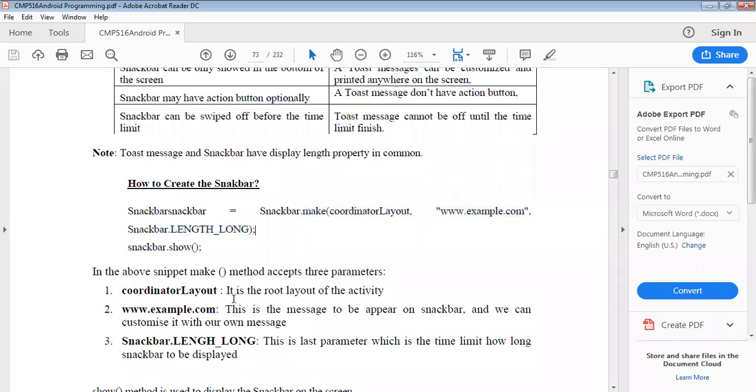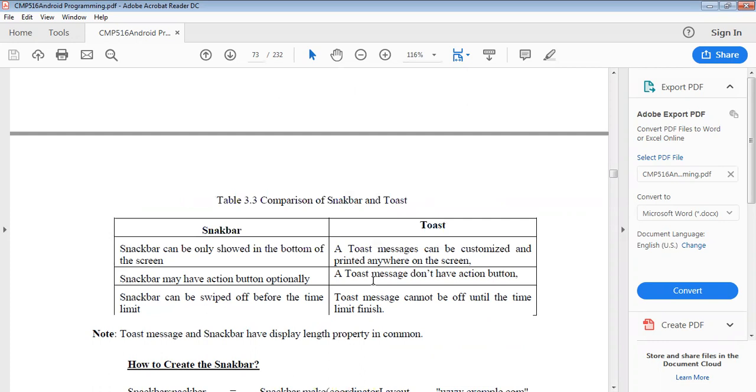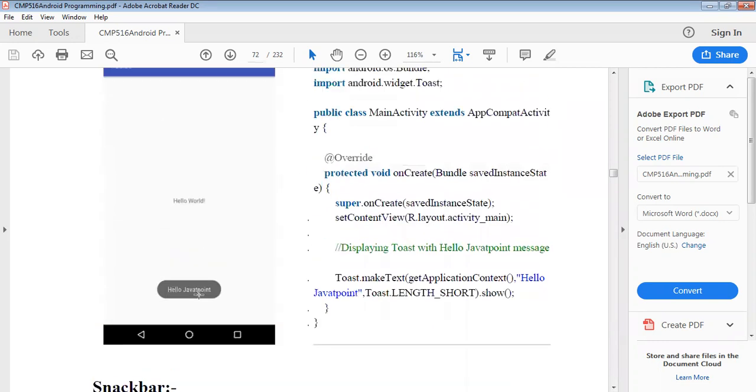First is the coordinator layout, which is the root layout of the specific activity, meaning how the message is displayed, what type of layout the actual layout is.